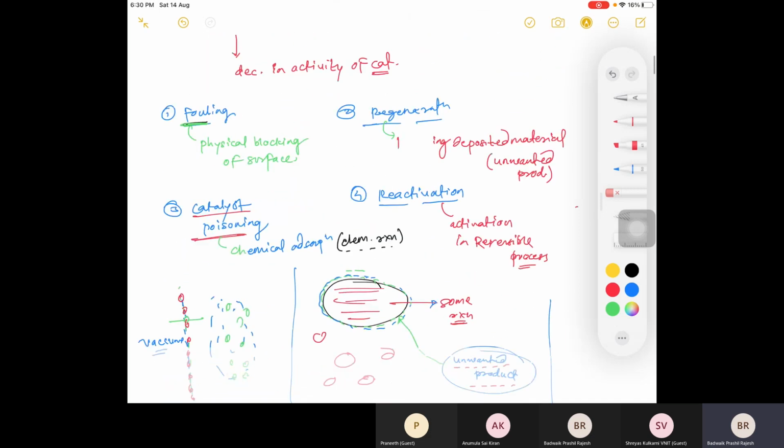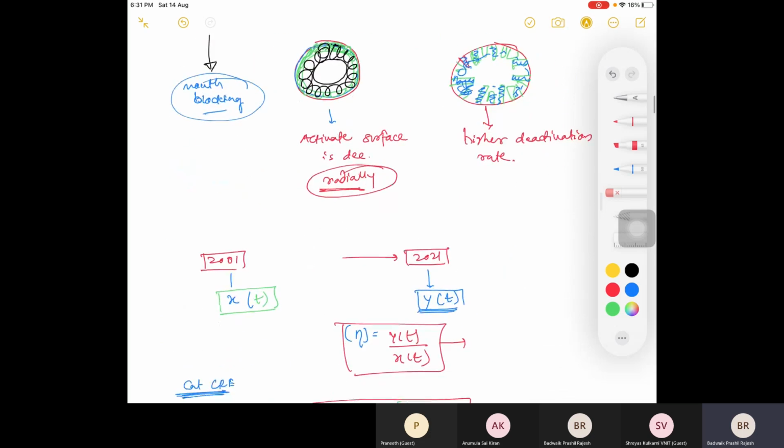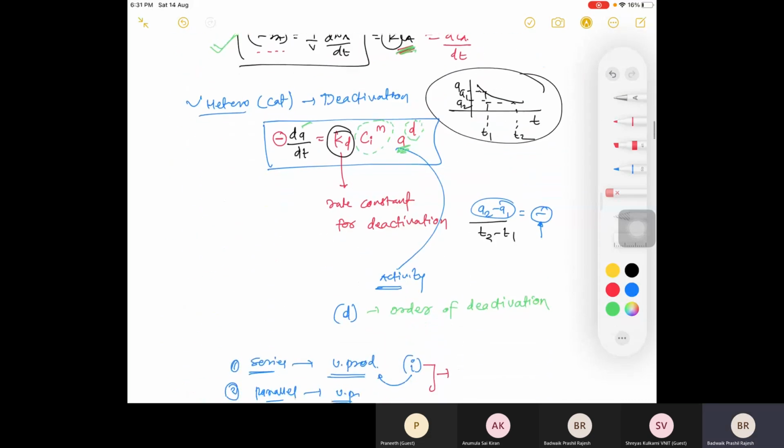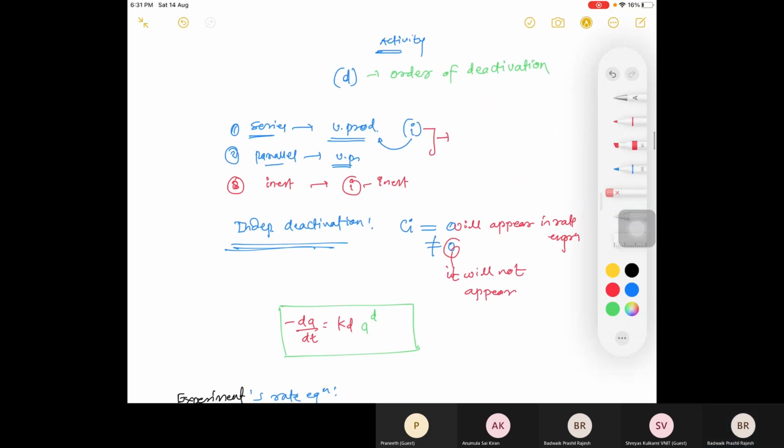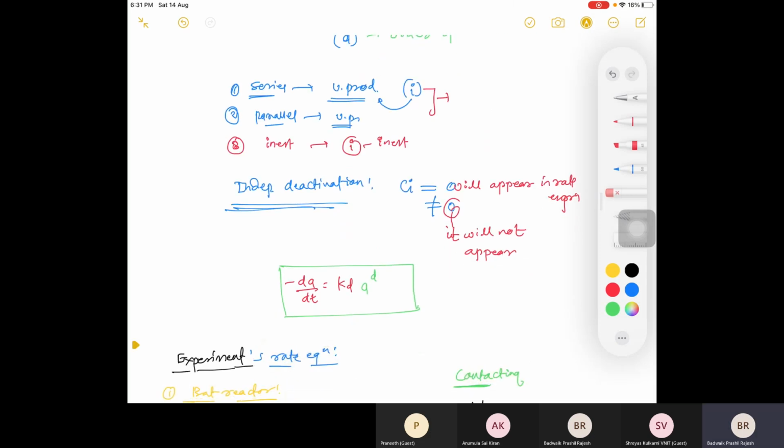Then we started about deactivation, what is meant by that, what are different mechanisms. Then we found that there are two cases. One case was we were not changing the flow rate of inlet stream. And because of that, the activity that has decreased because of deactivation remains the same. Suppose initially I am having an efficiency of 100%. When I bought the catalyst, it was 100%, and now, after 12 months, say 60%. So it will remain 60%. We will not do any adjustment.